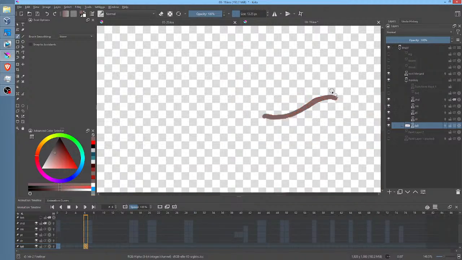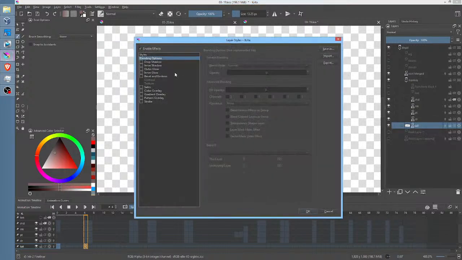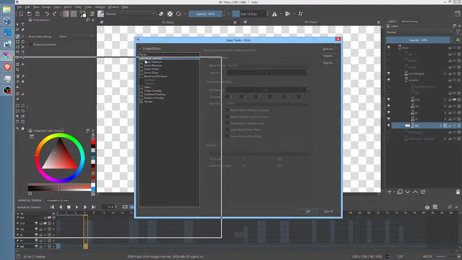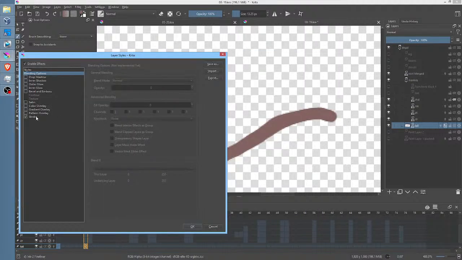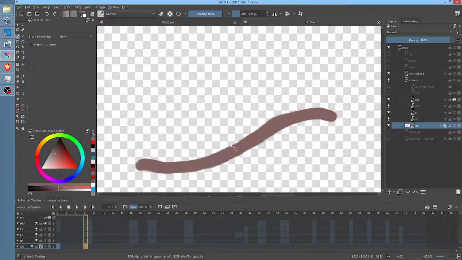When I sample or solo this layer, if I go to its layer style, I can use stroke. I don't recommend using this sort of thing a ton, and if you do use it, you probably want to bake it into the layer by flattening the layer once you've used it. Notably, the effect isn't showing. So I wonder if that's because I've got the layer in solo mode.